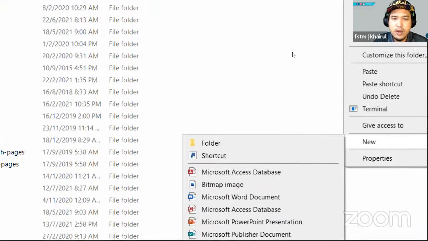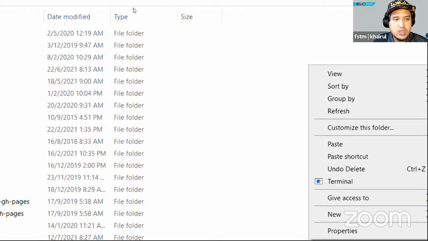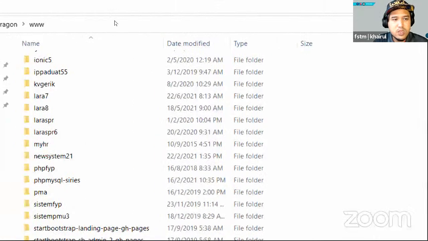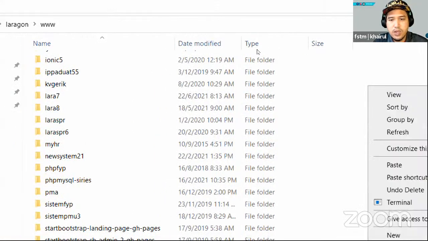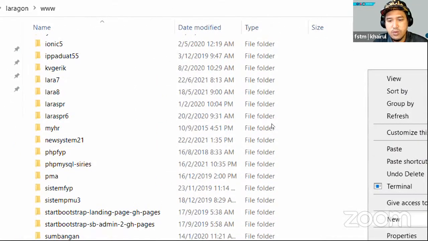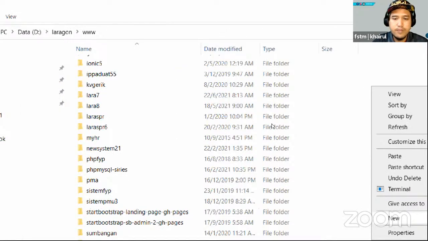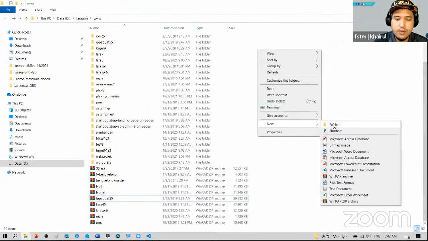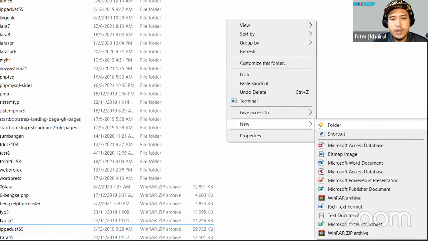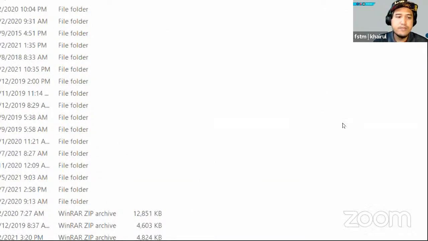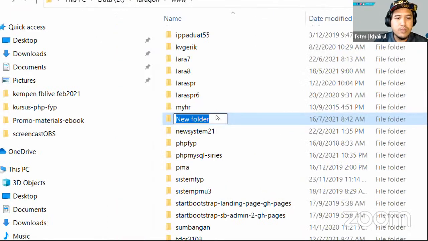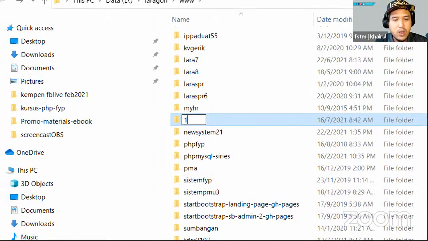Right click on this empty space inside the Laragon/www, click New, then Folder. To make it easier to locate, I will write a new folder name starting with one